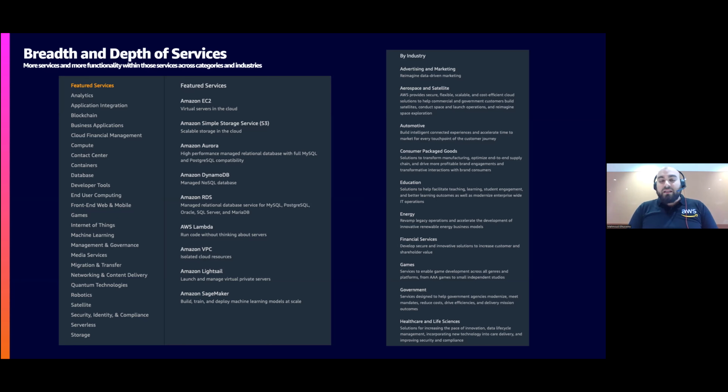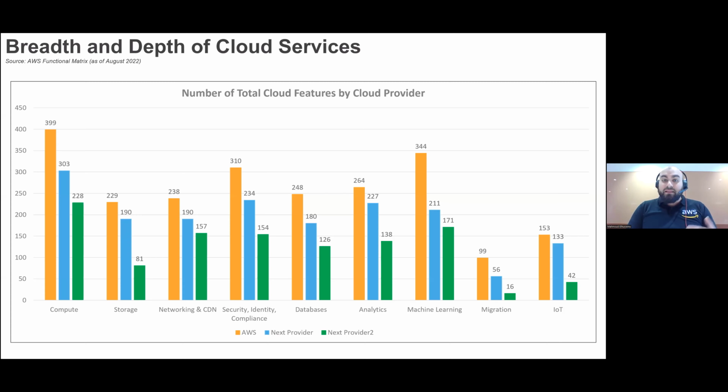And I would like to say the reason why we have the biggest width and depth for our services comes back to our leadership principle of being customer obsessed. You may hear about customer obsession a lot with AWS. Being customer obsessed is translated in AWS in our roadmap. 90%, that's 90% of what we build at AWS is based on direct customer requests,